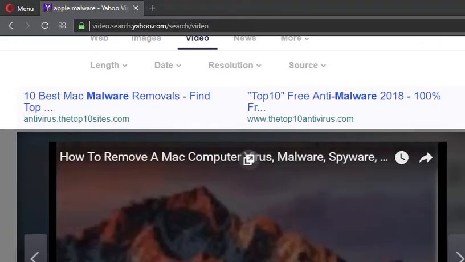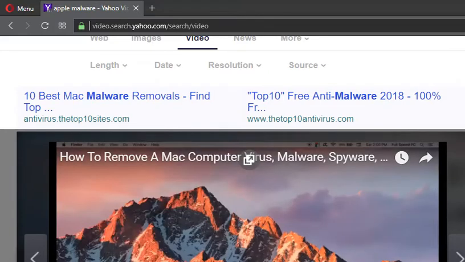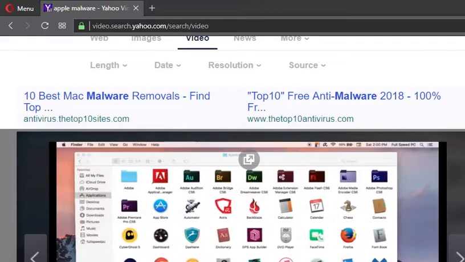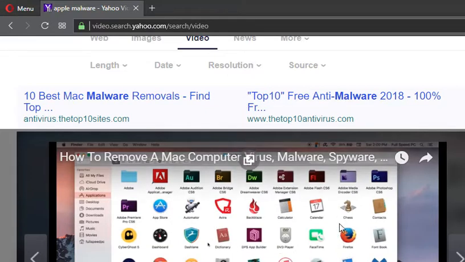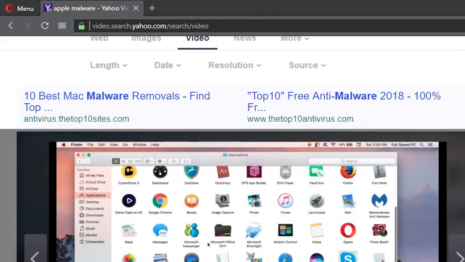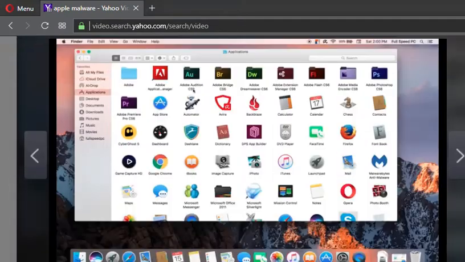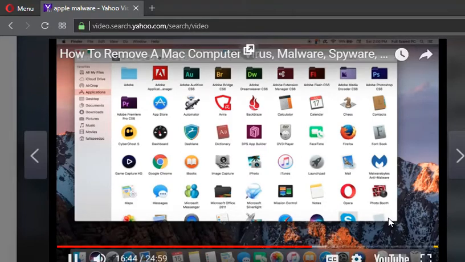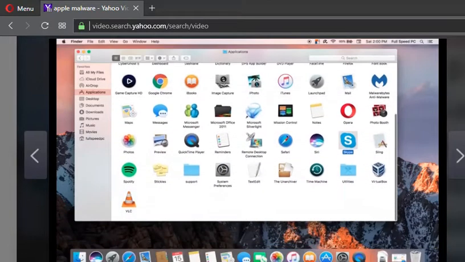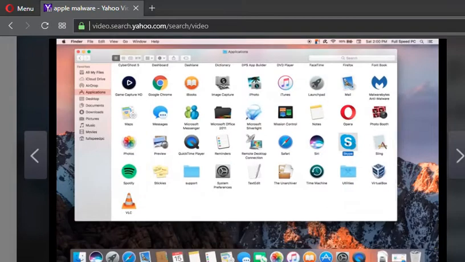So it's off of the computer, and what you'll want to do is open up the Finder and make sure that you have the Applications tab selected on the left hand side. Here it will list all of the applications or programs you have installed on the computer. The first thing I would recommend is that you go through the list, and any programs that you know you are no longer using, you need to remove. For example, if I wanted to remove Skype, all I do is